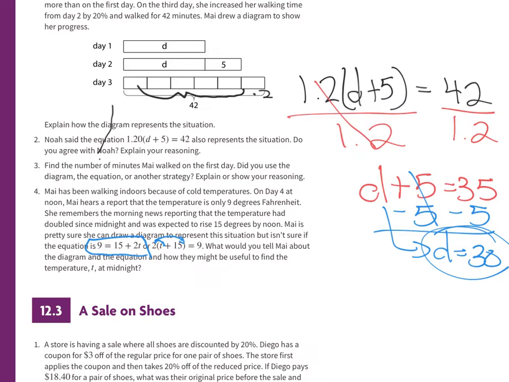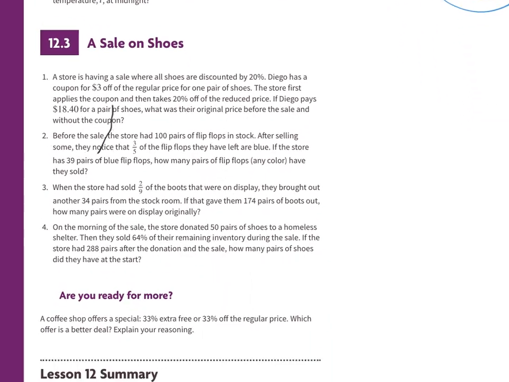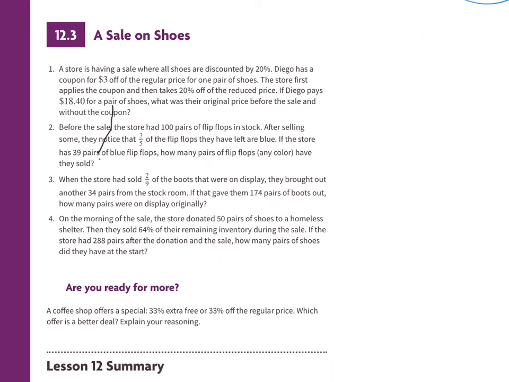Moving on, sale on shoes. A store is having a sale where all shoes are discounted by 20%. Diego has a coupon for $3 off the regular price for one pair of shoes. The store first applies the coupon and then takes off 20% of the reduced price. If Diego pays $18.40 for the pair of shoes, what was their original price before the sale and without the